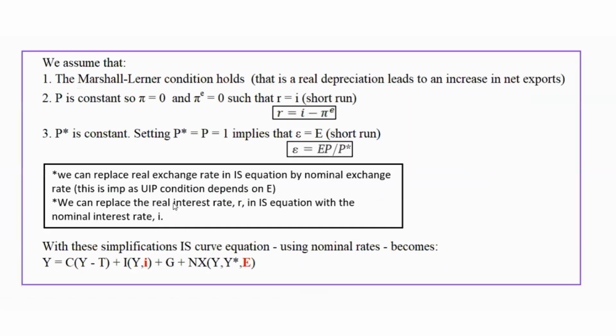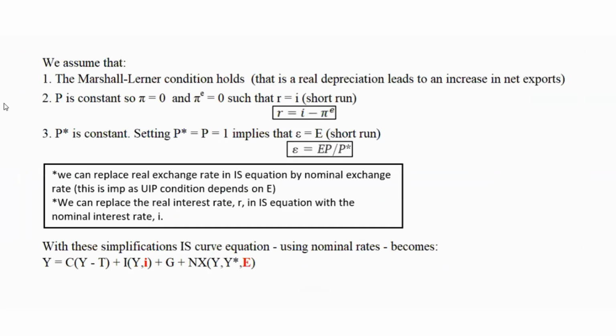Now, the certain assumptions that we're going to make. The first assumption is we're going to assume the Marshall-Lerner condition holds. Recall the Marshall-Lerner condition says that real depreciation leads to an increase in net exports. This was already discussed in chapter 19, that when you have a real depreciation or appreciation, it has an ambiguous effect on net exports. But we'll assume the Marshall-Lerner condition holds, which says that real depreciation leads to an